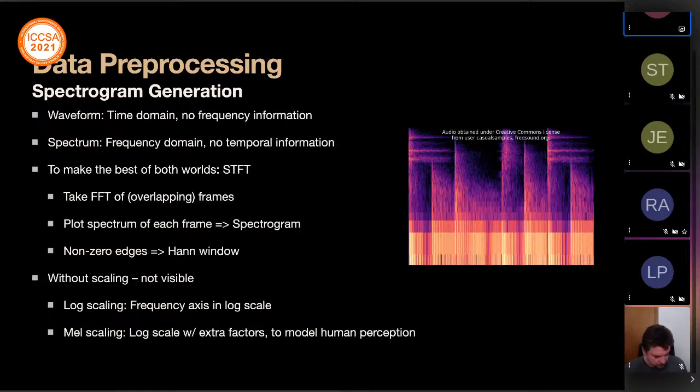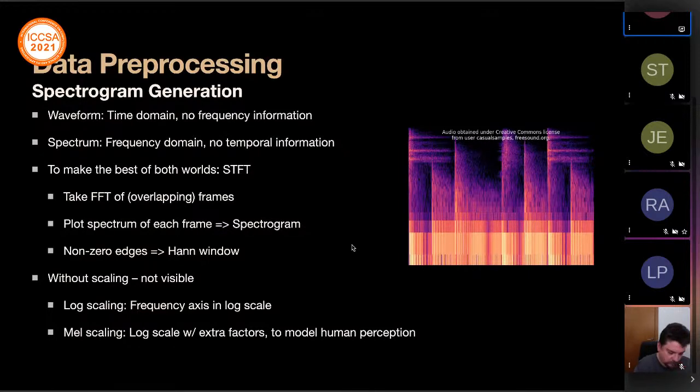So this would be an example of a spectrogram where you have time on the x-axis. These are all the chunks that we took. And for each chunk, we plot the frequency as the color, as the amount of color that is present. So a high yellow would be a high magnitude of that frequency.